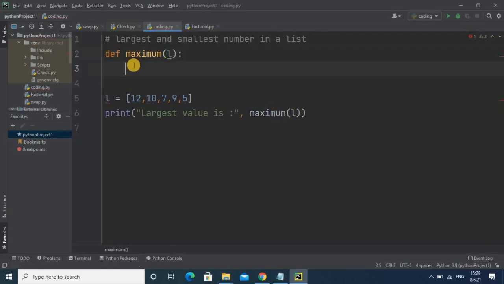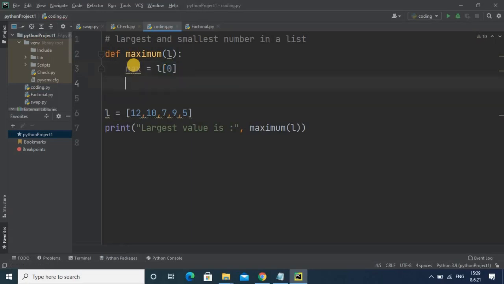I have to assume max element equals the first element of the list. So for that you write L of 0, meaning the first element in the list is the max element, or you can say it's the largest element.